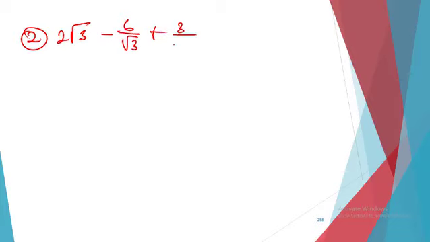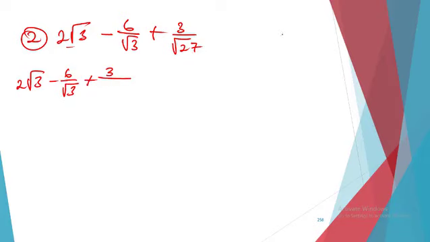So let's take one more example. Example number 2. If we are given a problem like, let's say, 2 root 3 minus 6 over root 3 plus 3 over root 27, for us to express. How do we do this? Okay, we start. We have 2 root 3 minus 6 over root 3 plus 3 over,